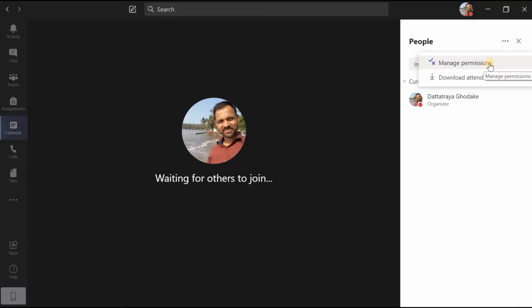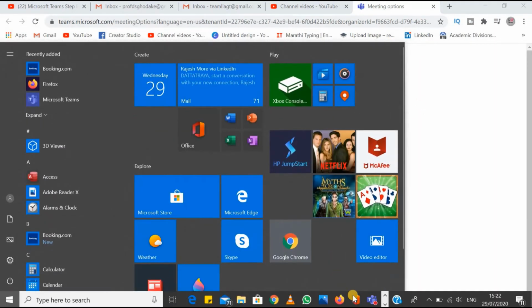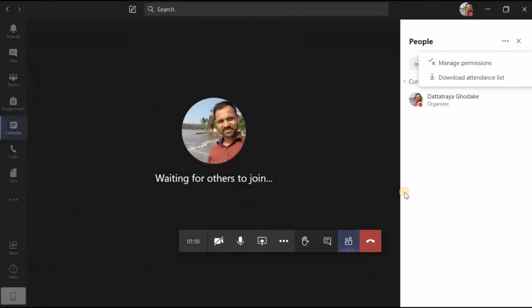In order to avoid that, I can click on manage permissions and easily manage which functionalities the students are allowed and which are restricted. That is easily possible with the help of manage permissions.